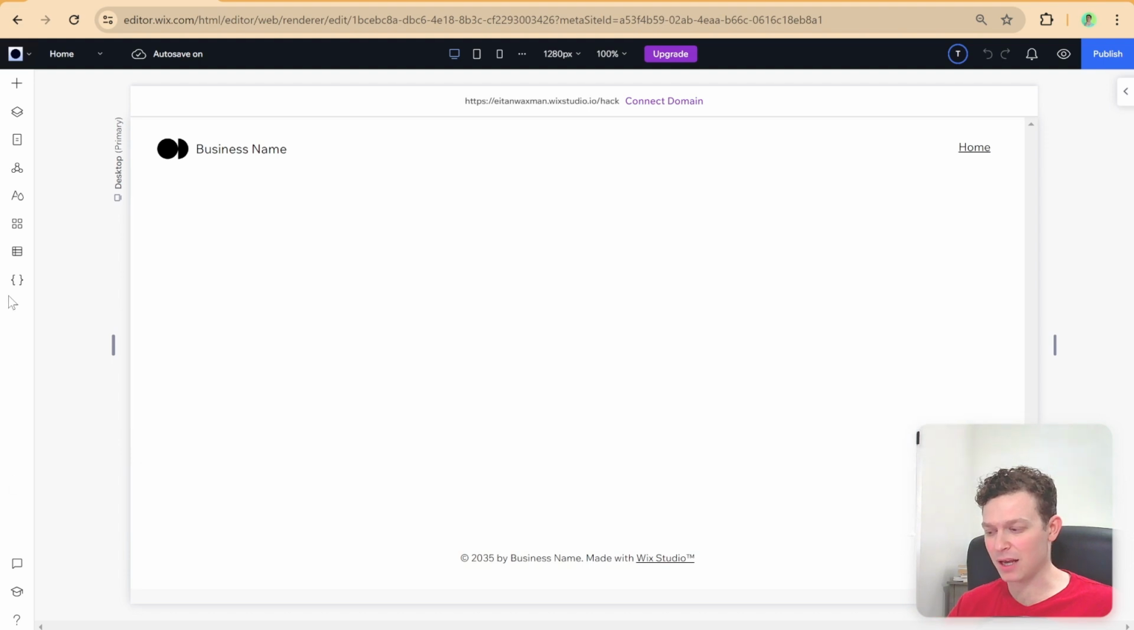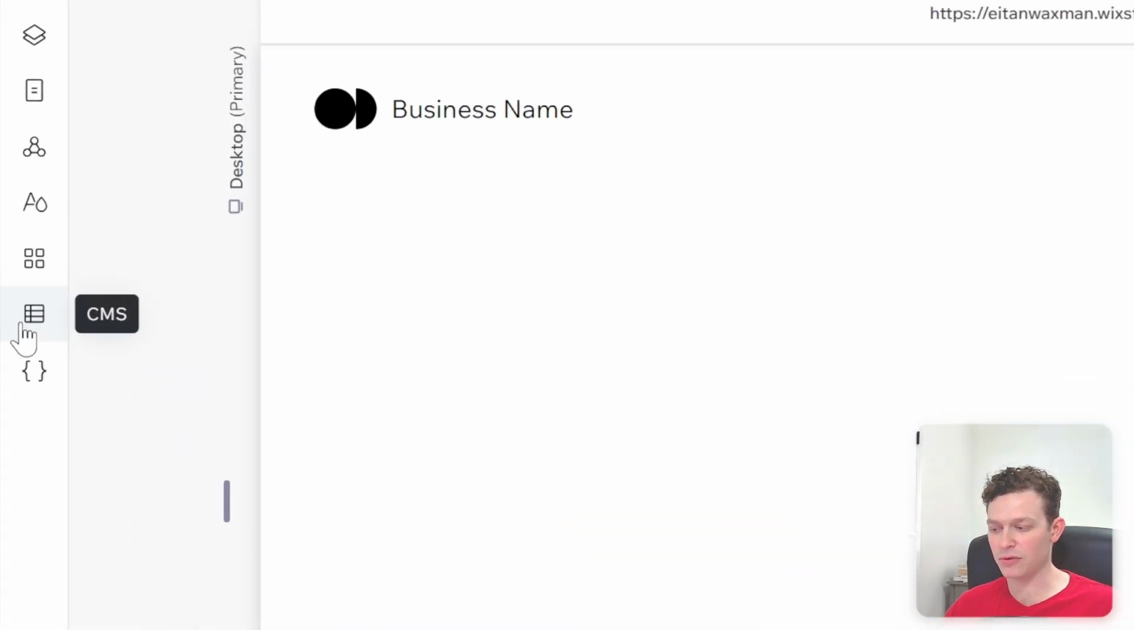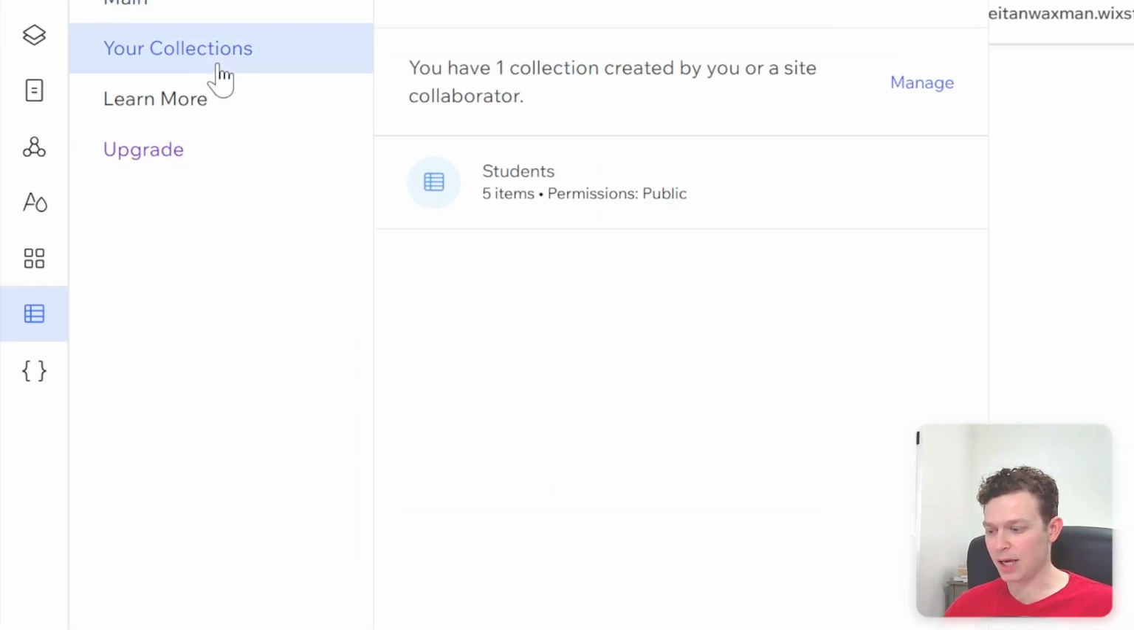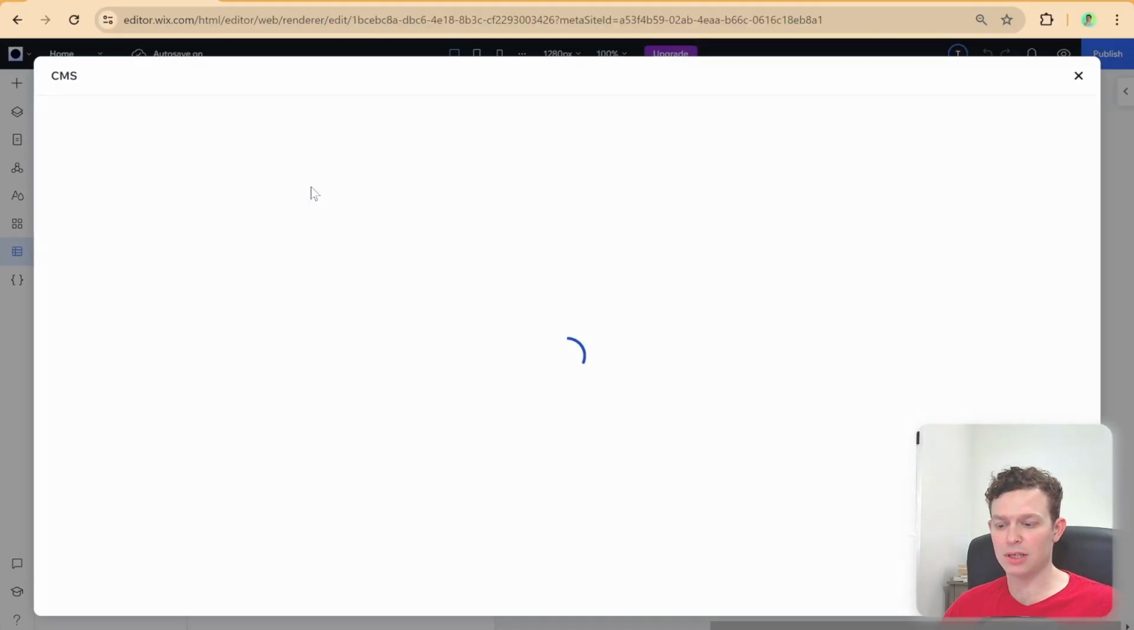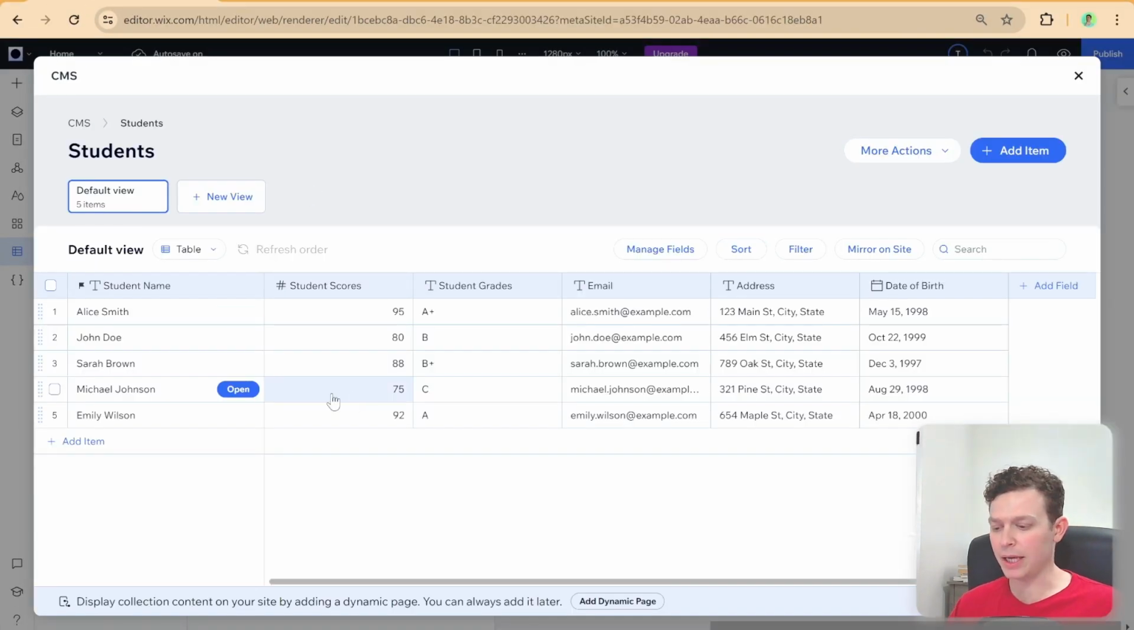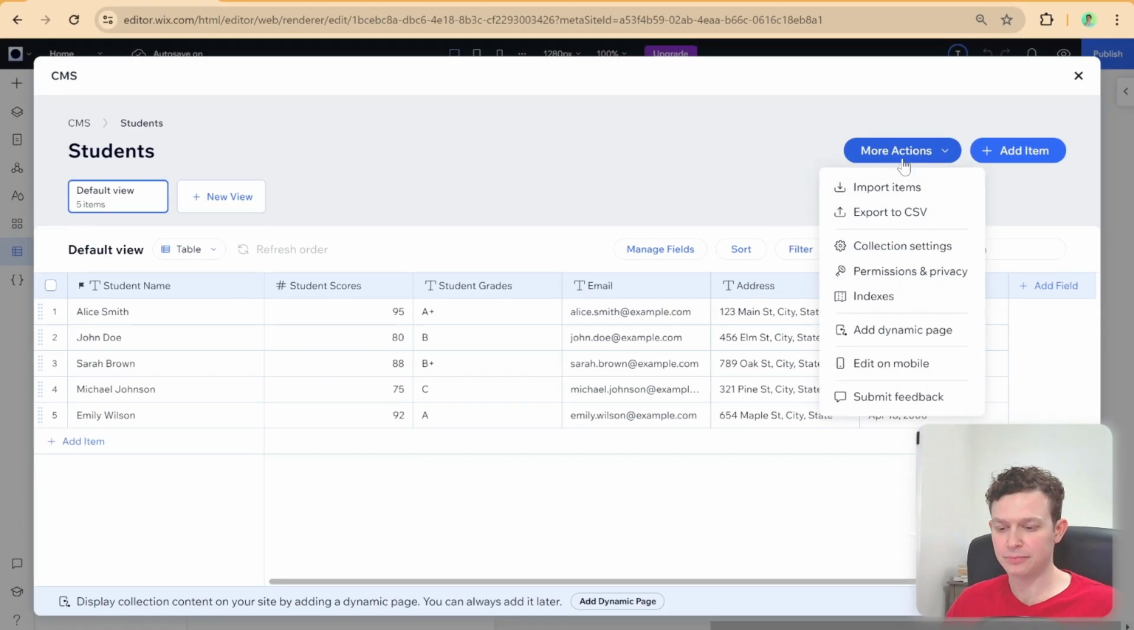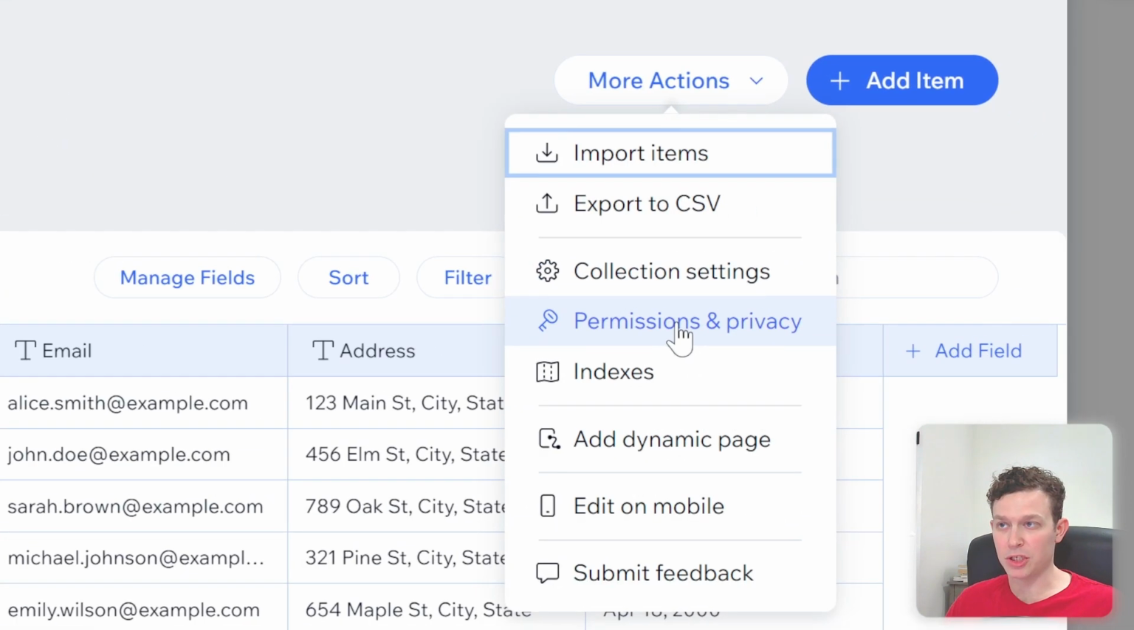What I've done is I've set up a CMS collection, so that's over here in CMS, My Collections, and I've just set up this Students collection. It's some mock data about fake students, and it at the moment has the basic permissions that come with a collection by default. So if I go over here to More Actions, and I go here into Permissions and Privacy,